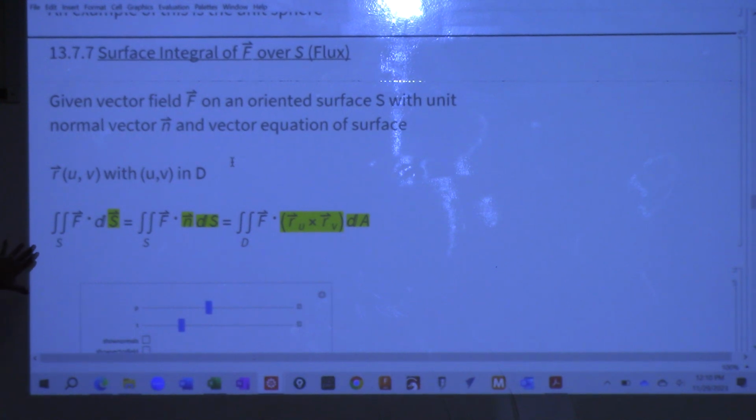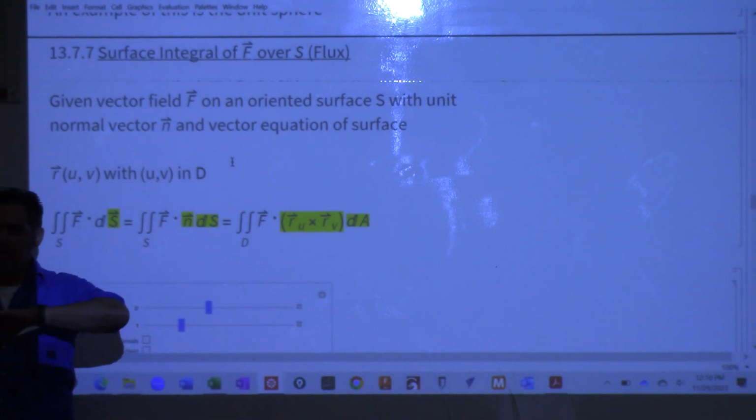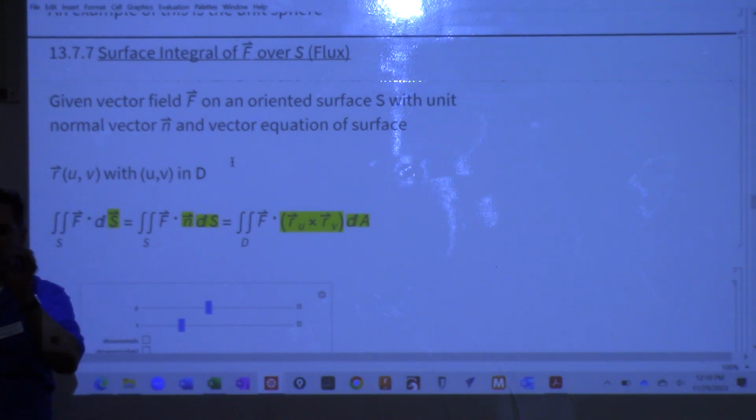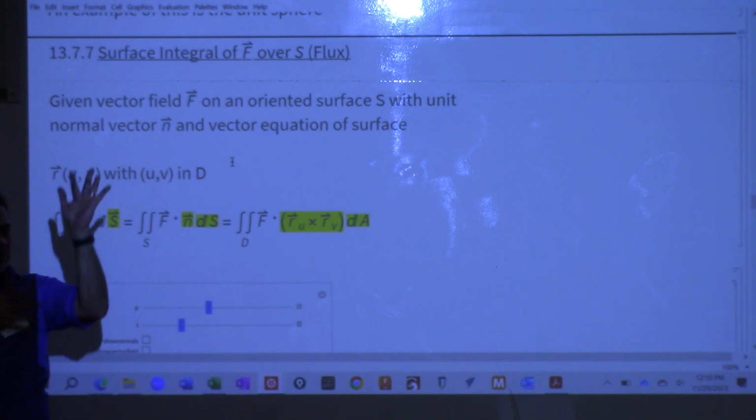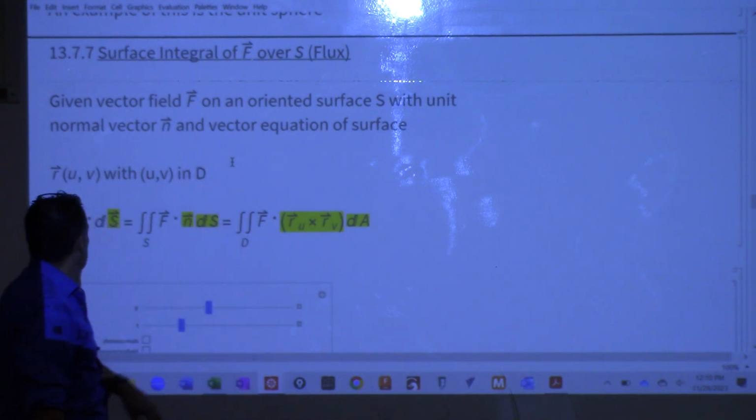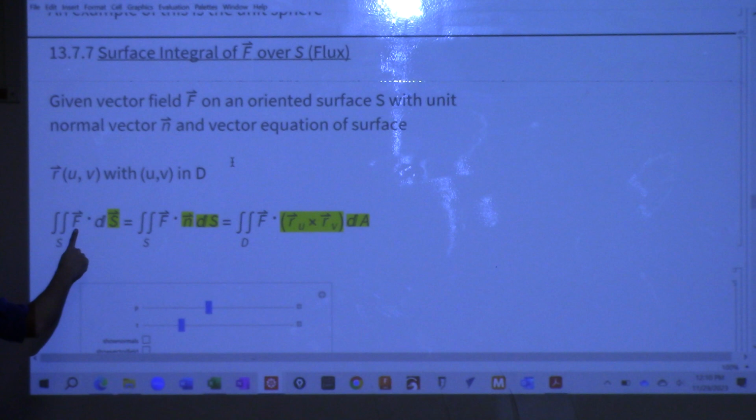So we'll talk about what it means physically, but let's look at it first. What is the integral? Here's the notation for it. How is this different than the notation we just had? Well, this is not a scalar function, right? This is the same double integral over some surface, but that's not a scalar function anymore. It's now a vector field. Remember, a vector field is basically you have a space, and inside of it, at every point, there's a vector. Vectors everywhere. So we have some field in this space, and then we're going to dot that with